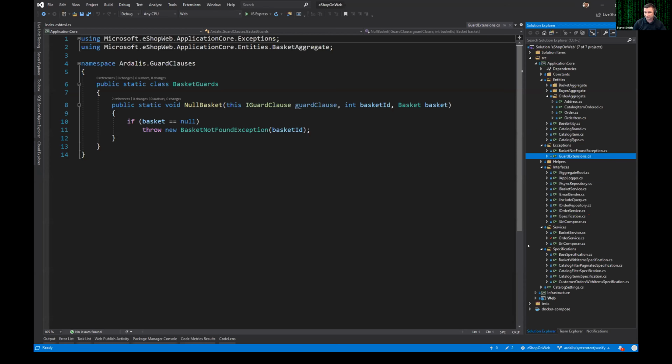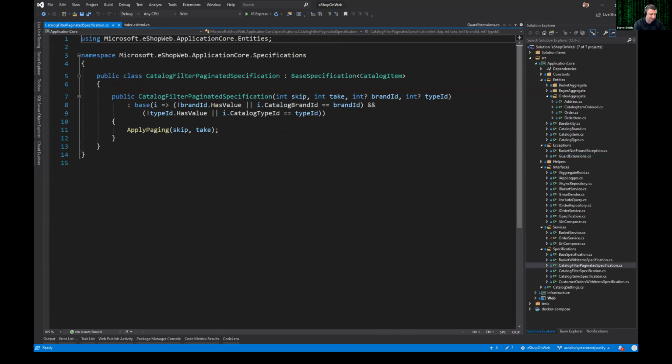And it has some benefits, right? Because you're able to modify that query anywhere up the stack, but you do have that problem of just no encapsulation of that logic. It's just everywhere. So specification eliminates that problem. So here we have a specification for catalog filter paginated specification. Where is that used? Well, on the home page,